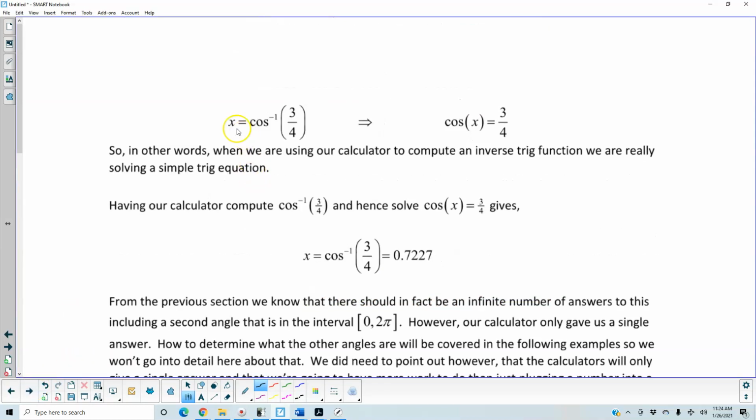Or x is equal to the cosine inverse of 3/4, which means the cosine of x is equal to 3/4. So in other words, when we are using our calculator to compute an inverse trig function, we are solving a simple trig equation. Having our calculators compute cosine inverse of 3/4, and hence solve cosine of x equals 3/4, gives the following result. x is equal to cosine inverse of 3/4, which is equal to